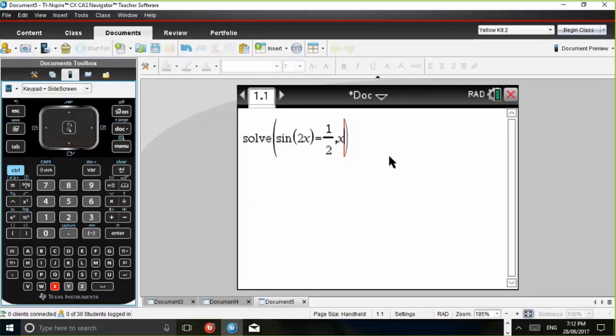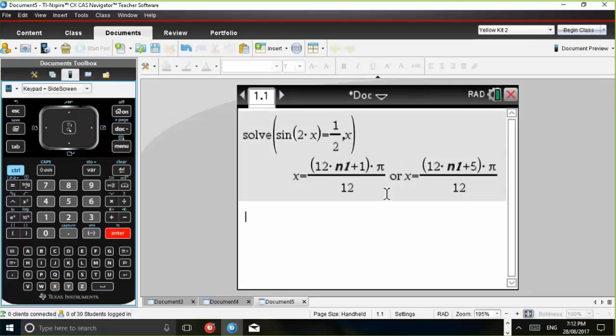Now, in the absence of a domain constraint, what will happen is you'll get a general solution. So if we press enter, see what we get there. We get a general solution, and it's expressed in 2 branches, and this symbol N1 is basically representing a parameter like N or K. So I think it's really important that where possible, have and specify the domain constraint that